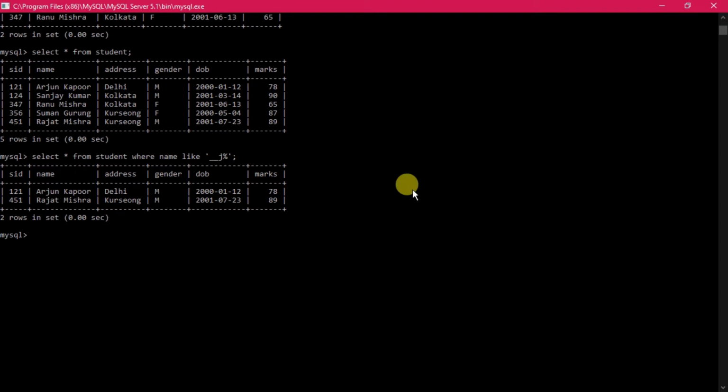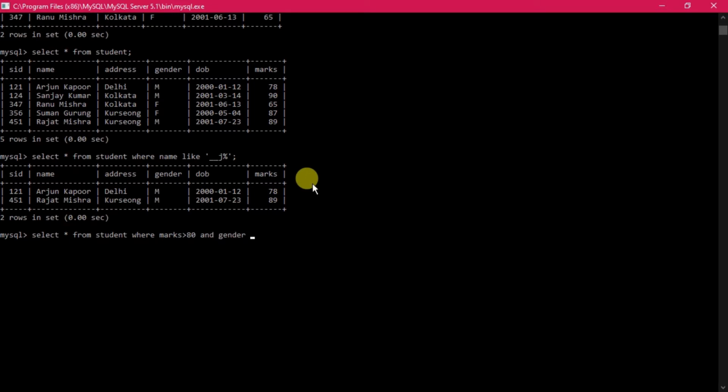Now suppose you want to see the marks of those who have got marks greater than say 80, and the gender is male. Then how to do this? Select star from student where marks is greater than 80 and gender equals m.